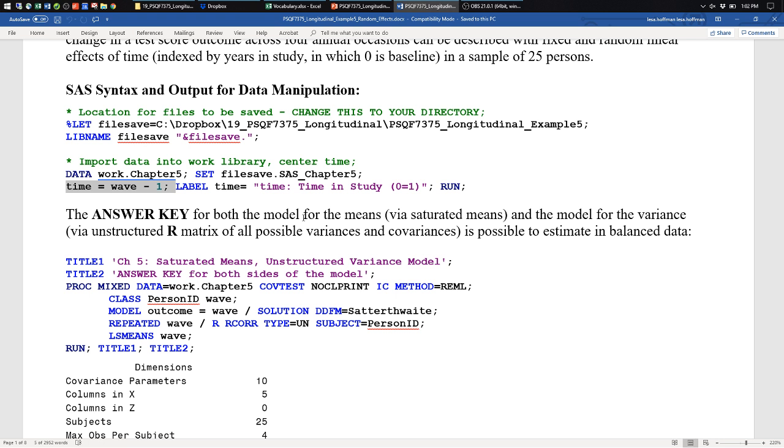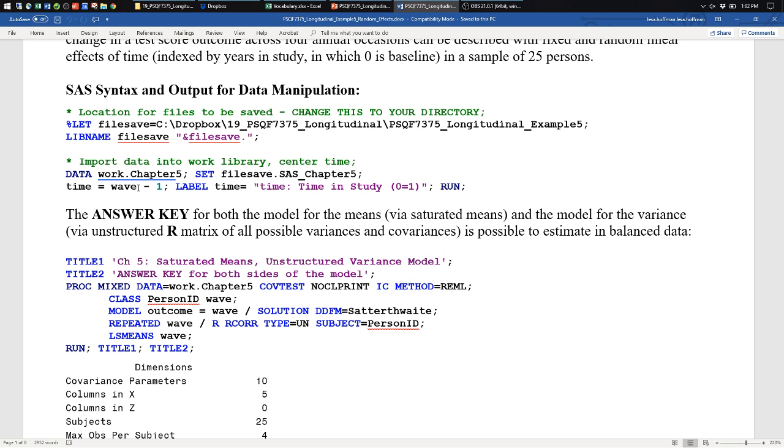Yeah, I gotta fix it so that time 0 is somewhere in there. Otherwise, my intercept refers to the occasion before I started collecting data, however long ago that was. So time is going to go into the model anytime that we want a slope. Wave is going to go into the model whenever we want to just estimate a mean for each wave, or when we need to identify the dimensions of the R matrix.